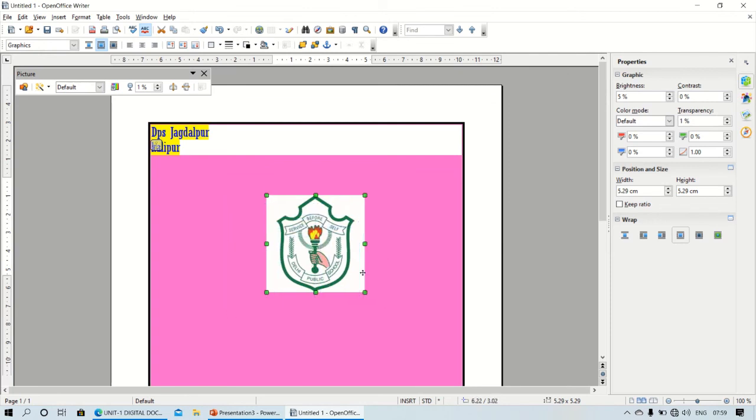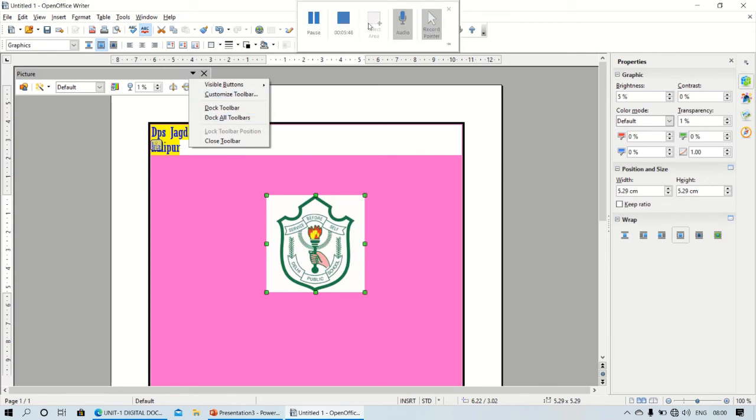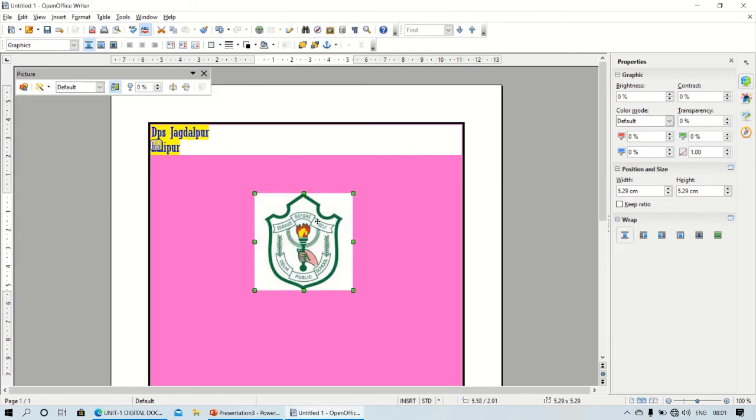Okay, next is, now if you want to flip it horizontally or vertically, so just click here and you will find this tool is available, right? So from this tool you will find flip horizontal or flip vertical. Flip vertically, so it will be flipped vertically, right?